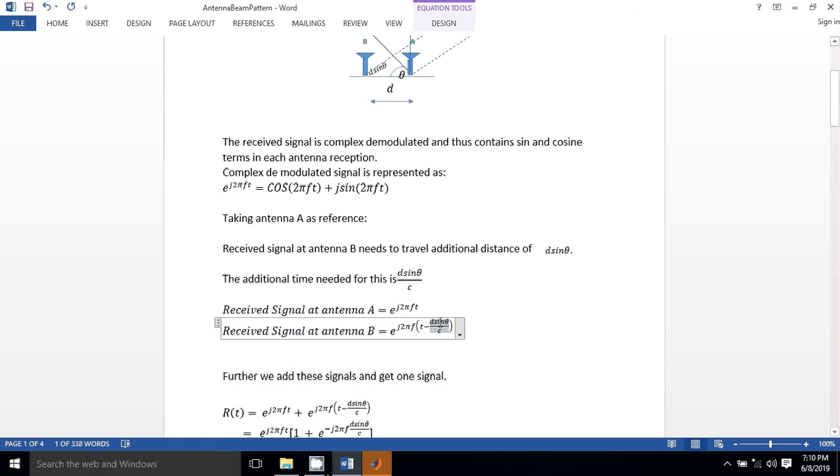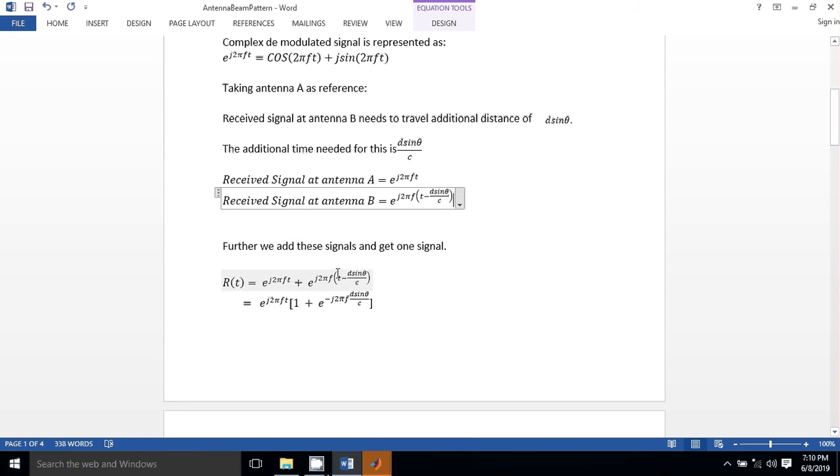D sine theta is in meters, c is in meters per second. So ultimately d sine theta by c is in seconds. So it is distance upon speed that gives the time, the additional time required to travel this additional distance. So the received signal at B is e raised to j 2 pi fc (t minus d sine theta by c). Finally, these two signals are added and we get some received signal r of t, which is